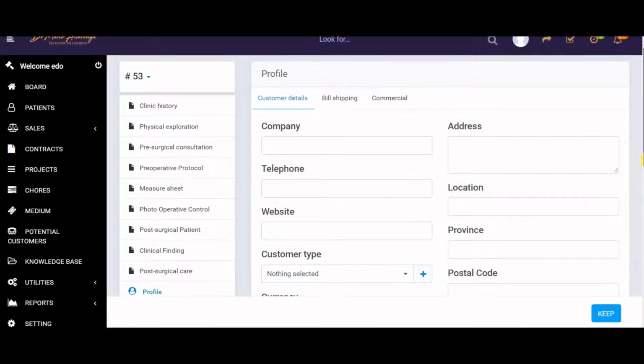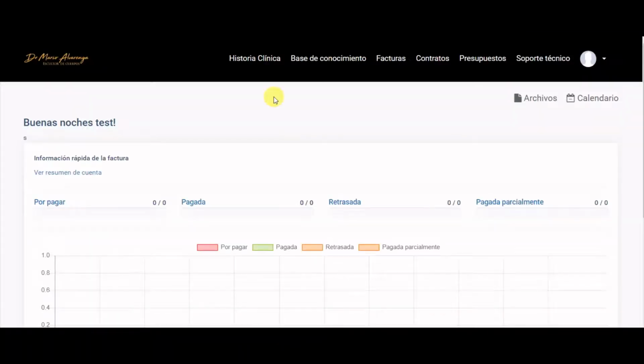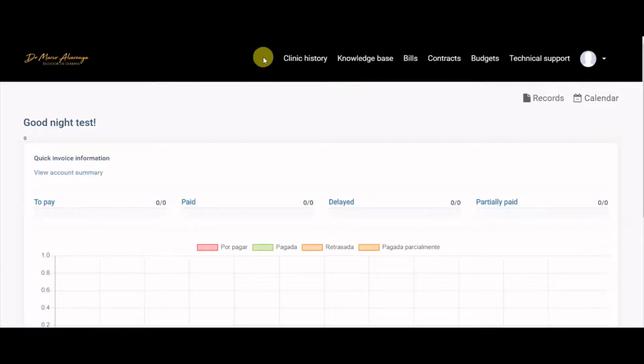So first we can go to the client side. Just click here and log in as a client, log in as a customer. Okay, this is the client side, and I will show you one thing. This is the historical clinica. We have created a new tab here, historical clinica, clinic history. So we can just click on clinic history,